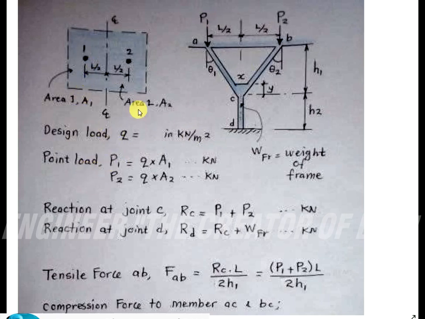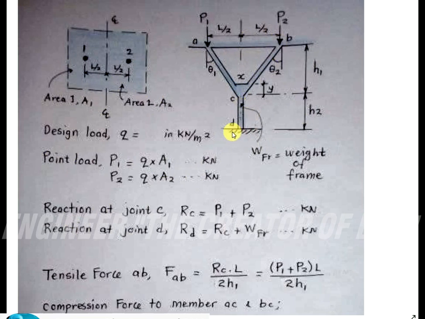P1 is equal to Q into A1, so Q is the design load into A1. P2 is the design load Q into A2. So accordingly, we can get the total point load for this V-shaped area. Then we have to find the reaction at C and the reaction at D, because after transferring this load, they are transferring to